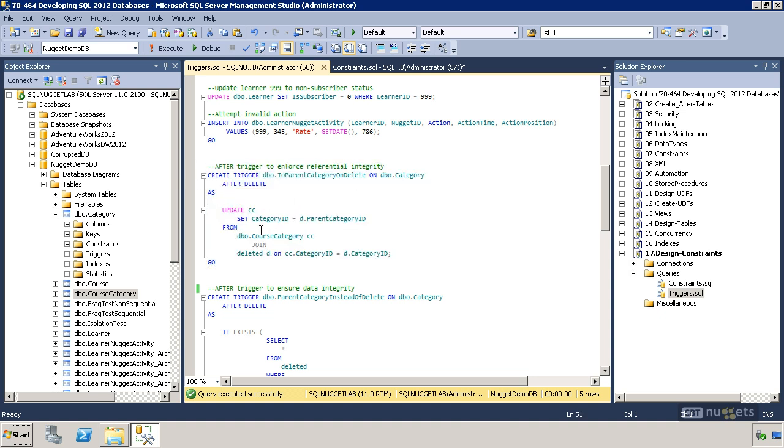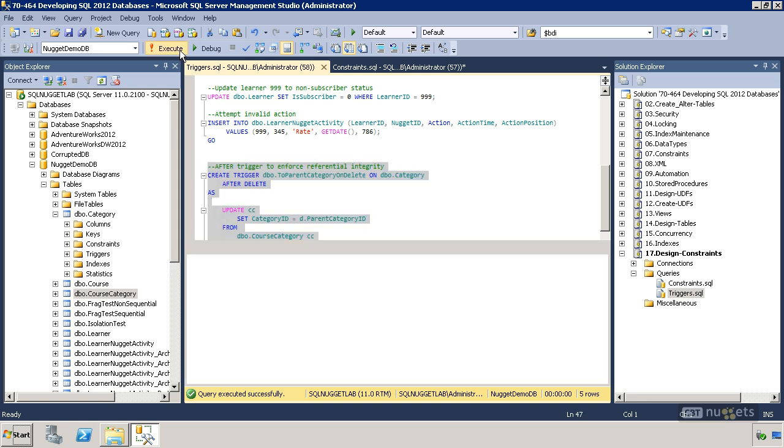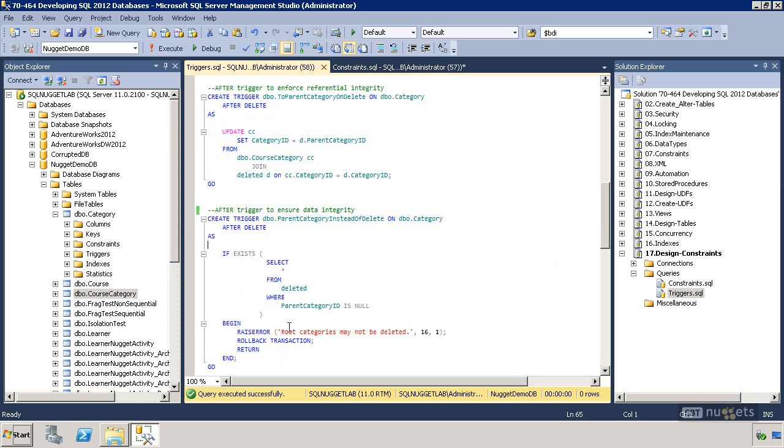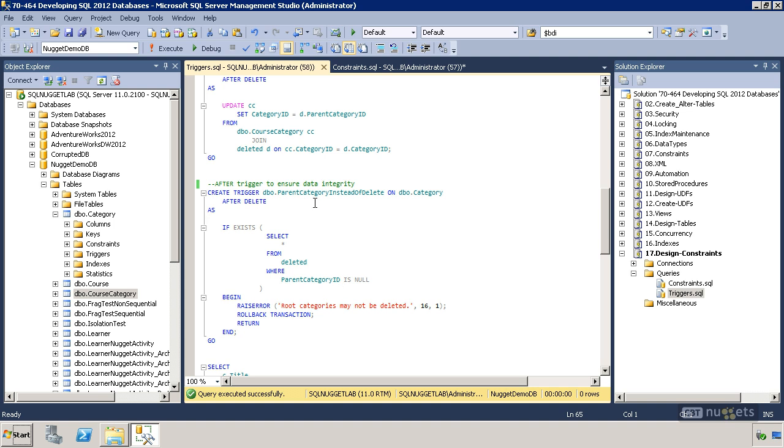So when a category gets deleted, we're going to join the deleted table to our many-to-many, our intermediate course category table, and we'll update the category ID of any course with that category ID to the parent category ID of the category that was just deleted. So that's all this trigger is going to do. Let's create it. And then our second trigger here is going to be our trigger that rather than a delete,